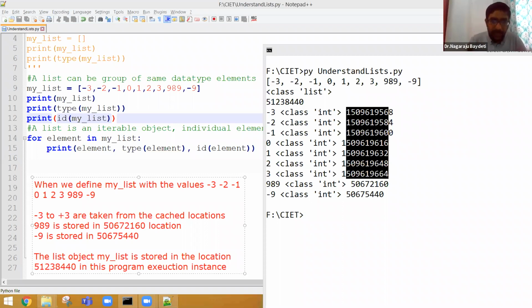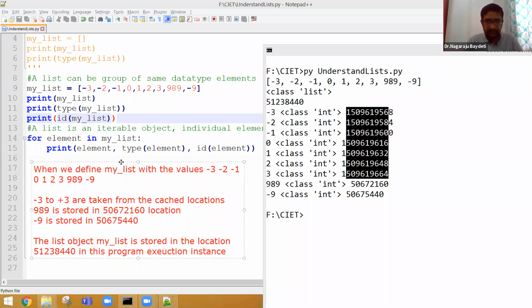Now when I am executing again, the address locations of 989, -9 and my list will change, but -3 to +3 will never change in my machine in this instance of the Python application. Okay. I believe that you guys are understanding what exactly I am telling. So basically this object is also kind of a pointer now. How come, sir, you can say it is a pointer? See, it is not.